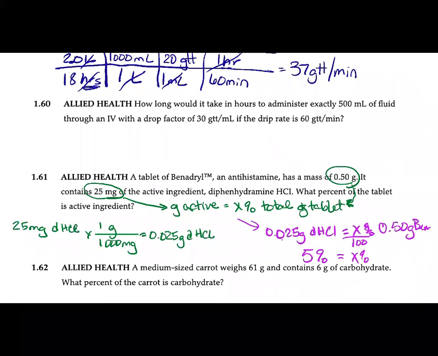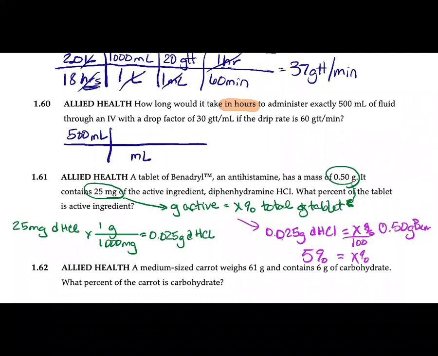Okay, how long would it take in hours? This is where we're trying to go. To administer exactly 500 milliliters of fluid through an IV with a drip factor of 30 GTT per ml if the drip rate is 60 GTT per ml. All right, so let's see, we're starting with 500 milliliters of fluid. What are we doing? Well, we got to get rid of milliliters because we're trying to get to actually time, but